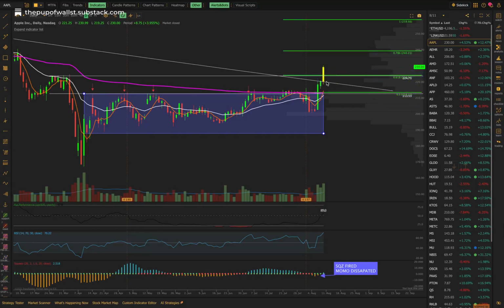Now, why am I going to target that? Because we got the breakout, but we didn't get the back test. And not to say you always need a back test after a breakout, but after a big breakout like this, I don't know what the percentages are, but